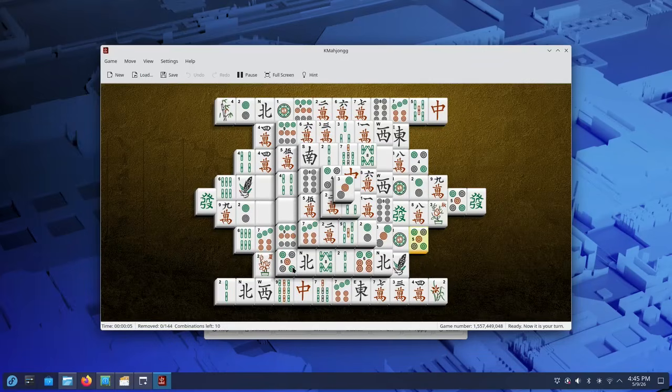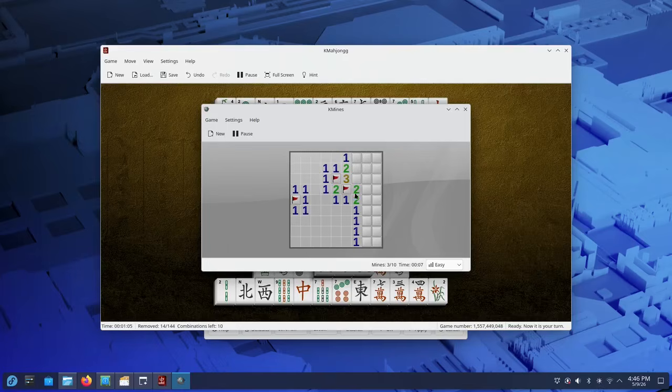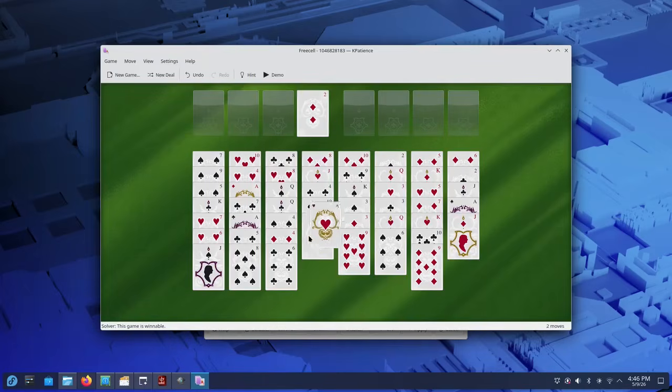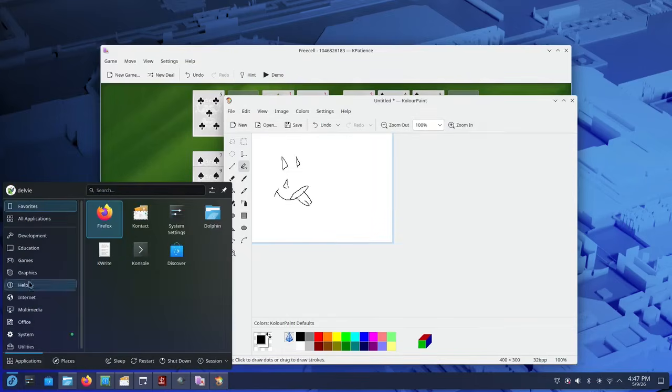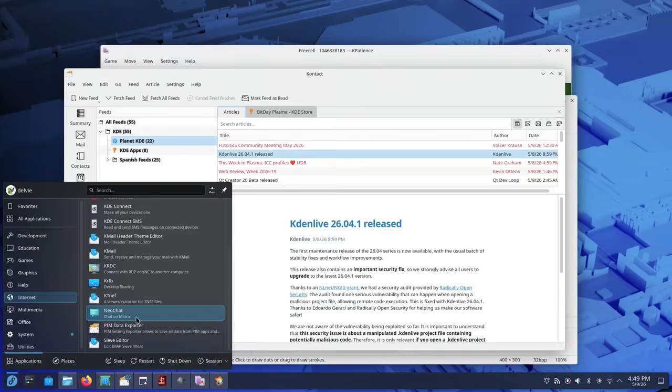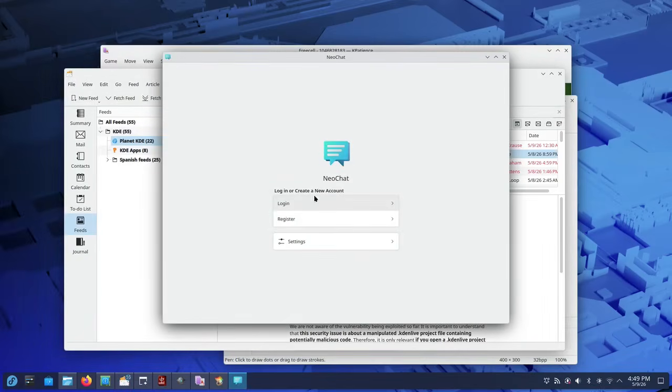Like, why not? It's a desktop, you know, people play time wasting or time passing games. Like, I don't see a problem with it. And KDE actually has several games. I think GNOME has games too, pretty good ones. The games on offer are Mahjong, KMines, and KPatience, which is a whole bunch of just kind of card games. There's also a silly little MS Paint clone, and you can get all your heavyweight designing and graphics tools and stuff too. And it ships with KDE's Matrix chat called NeoChat,